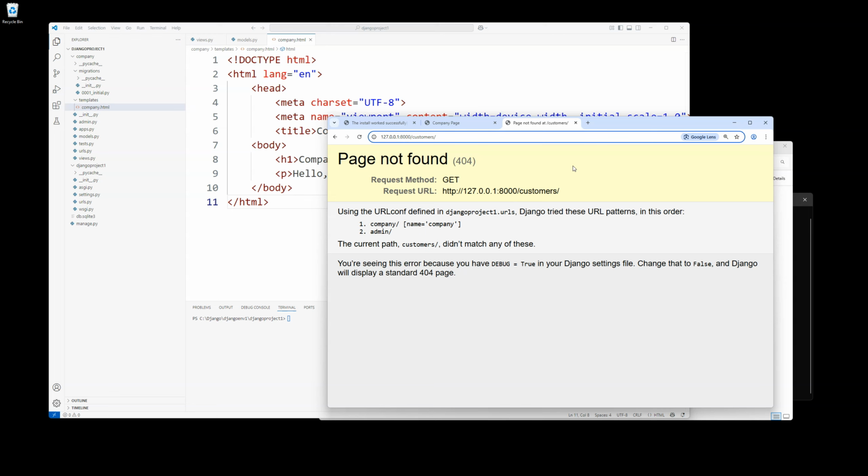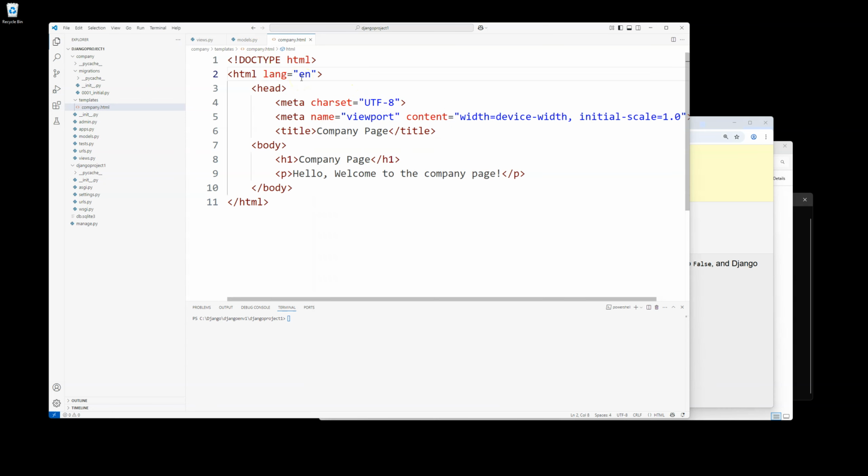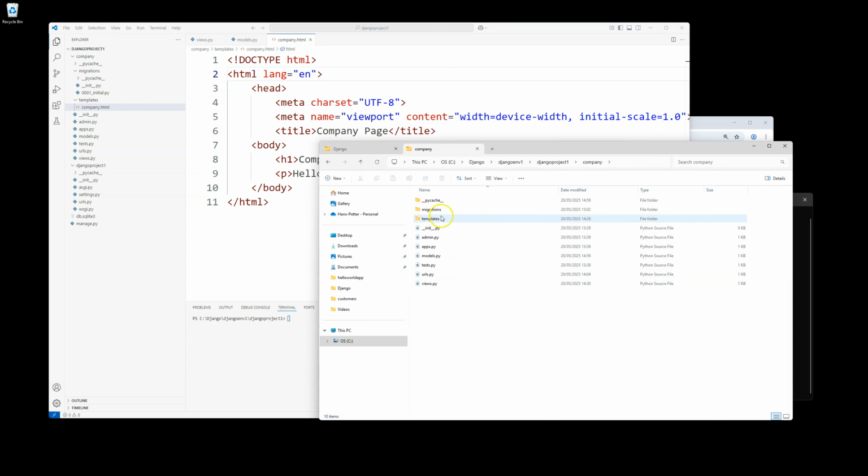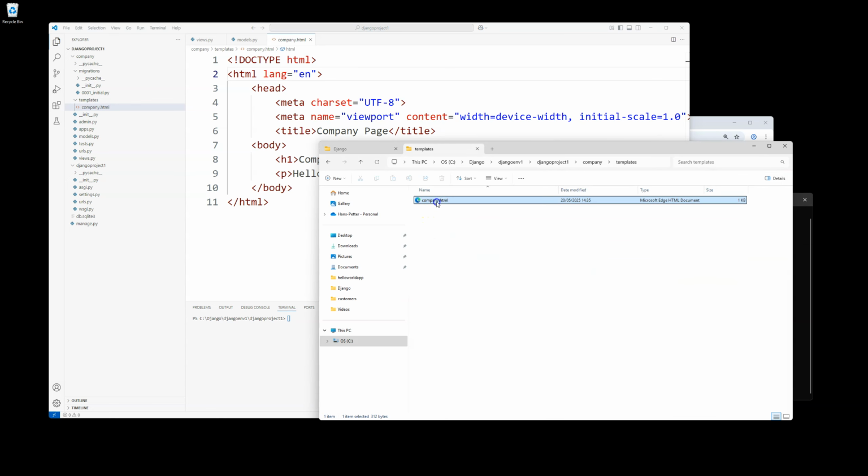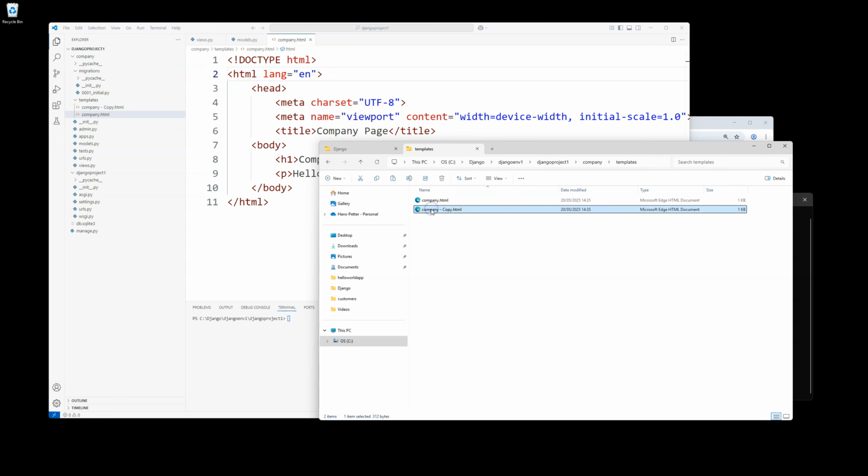customer database or table, which is in this SQLite database. Then basically we need to create a new template. We can use this company as a starting point. So if you go to the templates here, we have this company.html. You can just make a copy here, and then you can call it